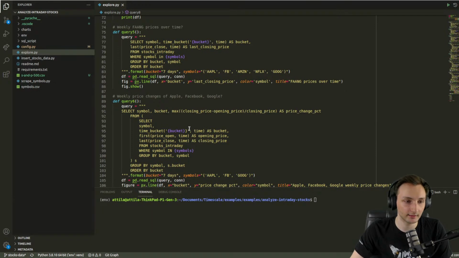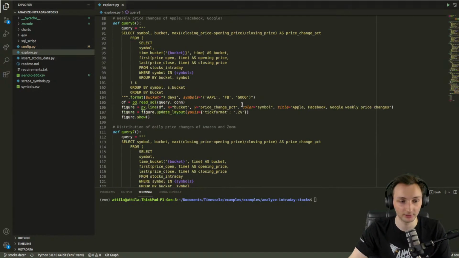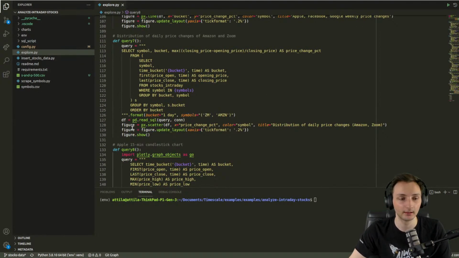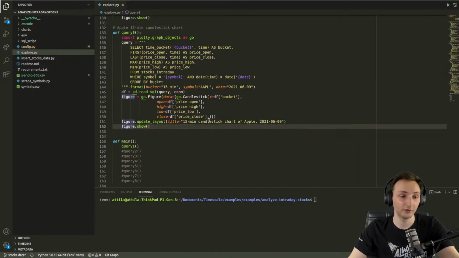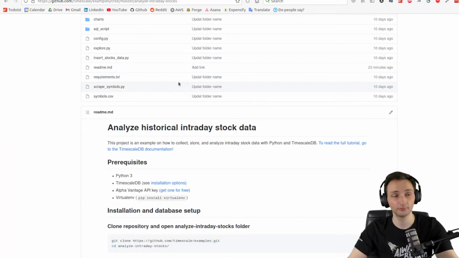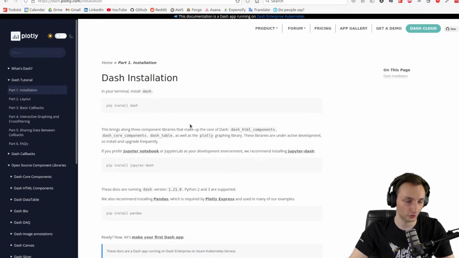So I already showed you the Reley script, which is basically just a bunch of queries and pandas/Plotly code, which generates the visualizations. So that's all what Reley does. And we're going to use Plotly. Well, we are already using Plotly in this module to generate the charts, but also Plotly has a module which